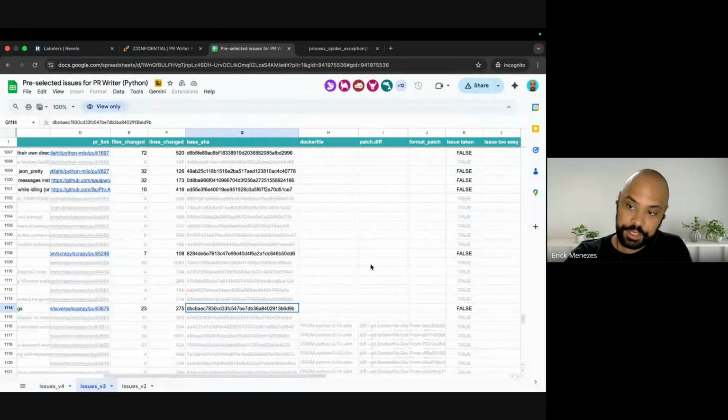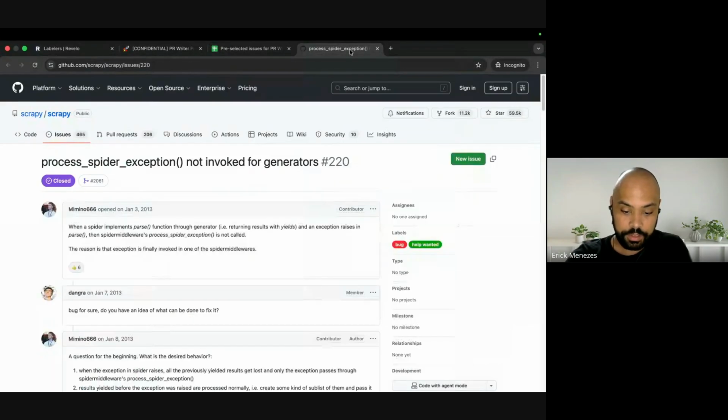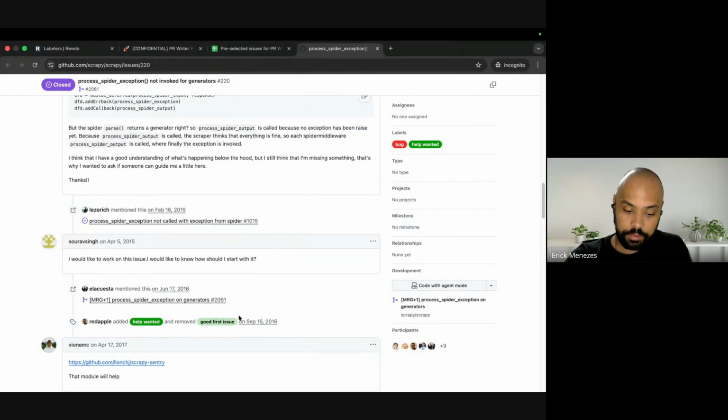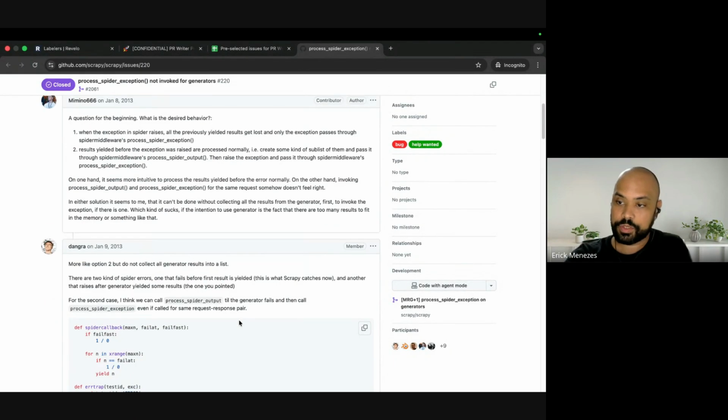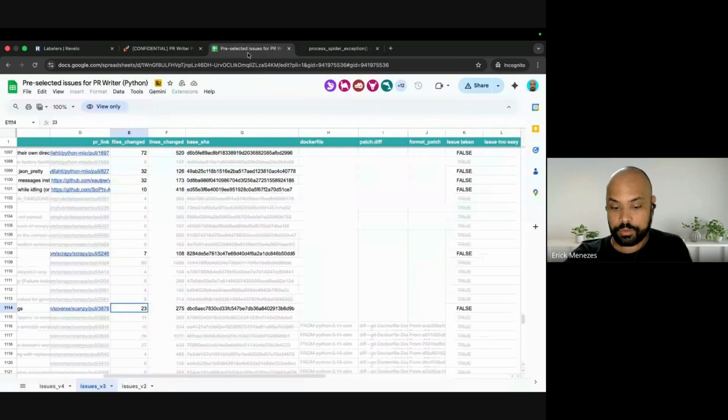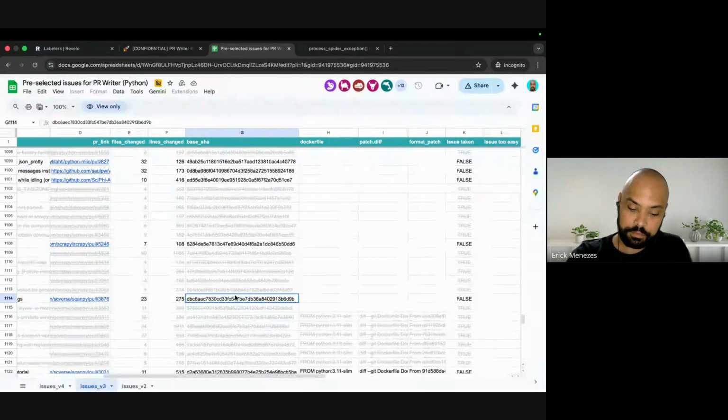This is the base SHA of the repo. What does this mean? This is the commit on the repo that is before the solution of this issue. Because if you take a look here, these are all issues that are resolved. Our point is to see if the model can solve this issue or not. So we have to rewind the project, because when you do a git clone, we have to rewind the project to the state where the issue was occurring. So this is what the base SHA means, this is the commit that you have to use.